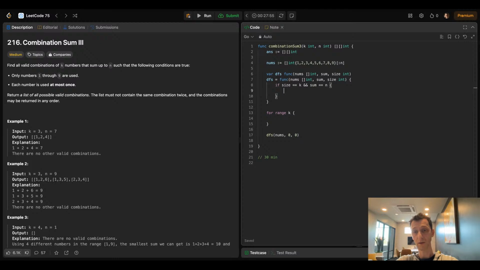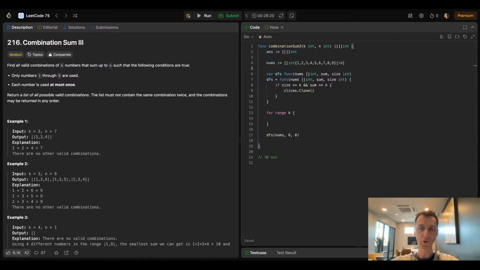In that case, we need to slices clone, create a copy of the slice,